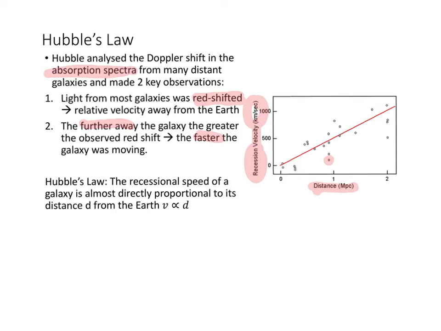So what he said from this graph, since you can see that the points are not very close to the line, so you don't really see a very perfect pattern, but you see a general pattern. So you draw the line of best fit, which is the red line that goes through most of the points, in the center of most of the points. So his law says, it's based on this basically, that the recessional speed of a galaxy is almost directly proportional to its distance from the Earth. So in other words, V is directly proportional to D, with V being the recessional velocity,